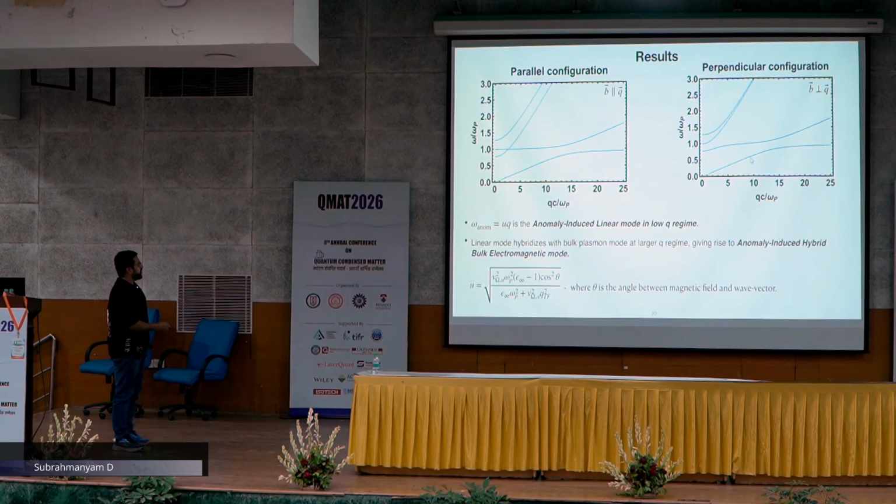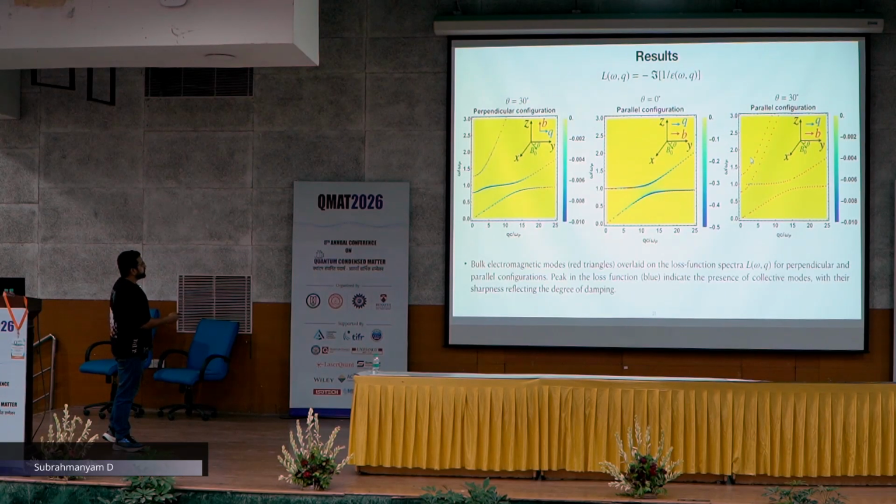using electron energy loss spectroscopy. So now these are the modes, but in order to study the damping of these modes, how robust the modes are, we plot the loss function, which is the negative of the imaginary part of the inverse of the dielectric function. So here the red dots represent the solutions of Maxwell's equations, the modes, but we can see the blue peak represents the existence of this mode which survives the damping.